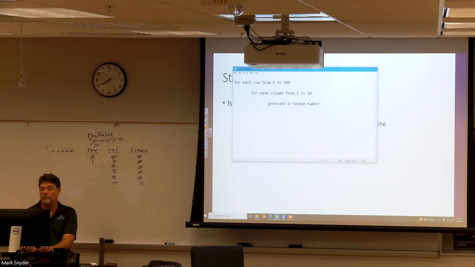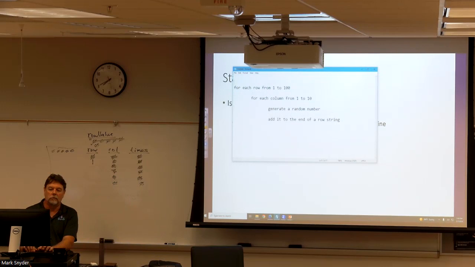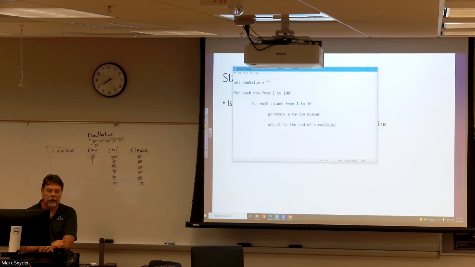We got to add it to the end of a row string, right? We've done that before. I'll have to think about what all the components were. I remember I have set row value to an empty string. So add that string to that random number to the end of a row value, okay? And then keep doing that. And then when I finish the 10 columns in a row,